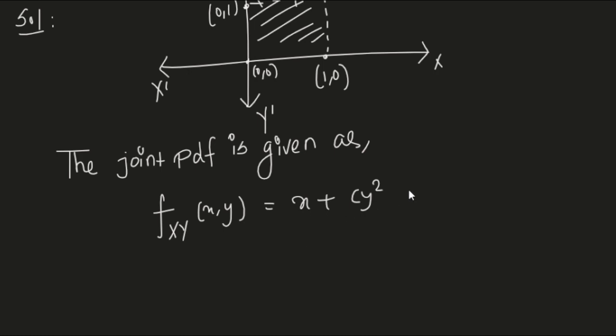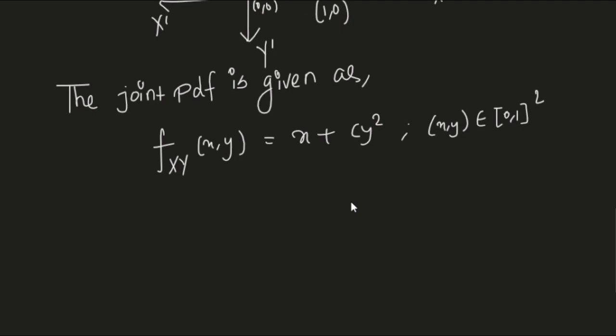It is x plus c y square only when (x, y) belongs to [0, 1] squared, right? Now we see that in order to find this constant c, we can use the condition that total probability is always 1. And how do we use that? So see,